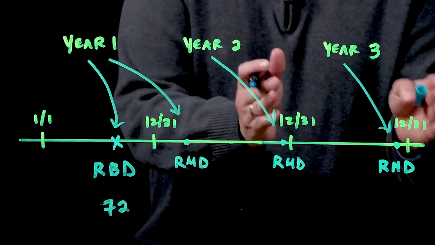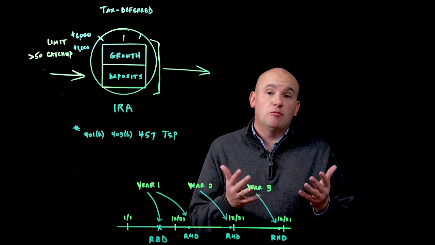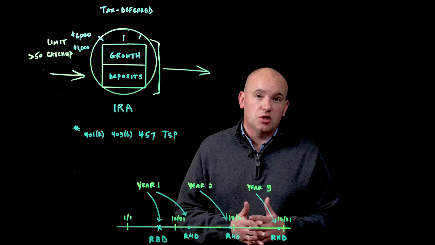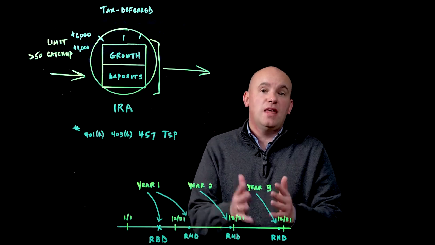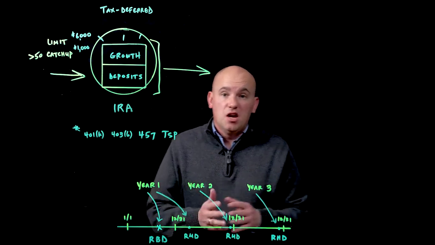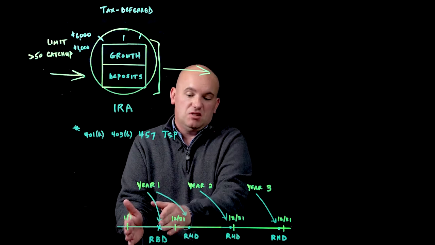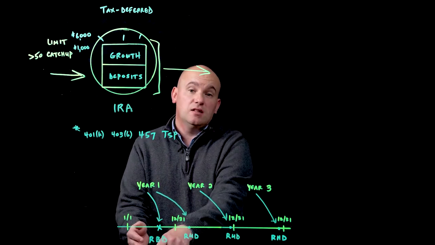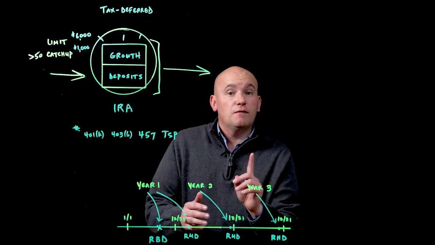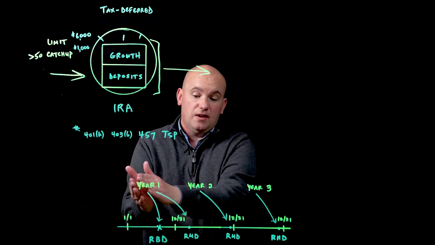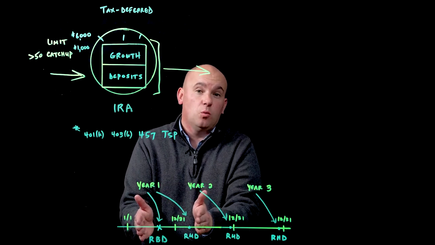Now that you've been saving in your retirement account for years, there comes a time where you have to start taking that money out. The government calls this your required minimum distribution, or RMD for short. Let's look at a timeline here so you understand when that has to take place and what you do. In the year that you turn 72, in our example here, I'm just saying September, October-ish, this individual turns 72. They are required to take the money out. On their very first distribution, they can decide if it happens by the end of that year or if they wait to the grace period of 4/1 of the following year.